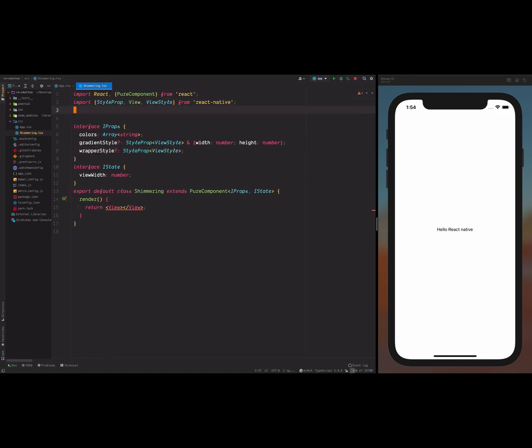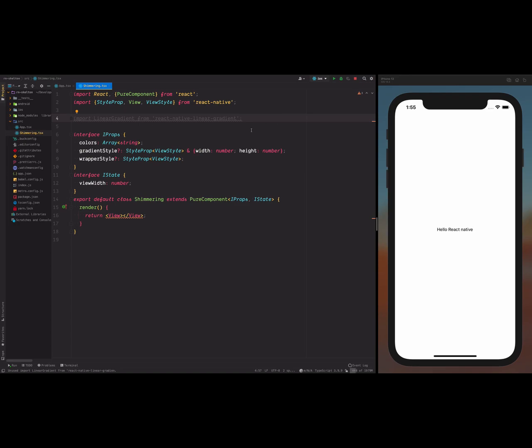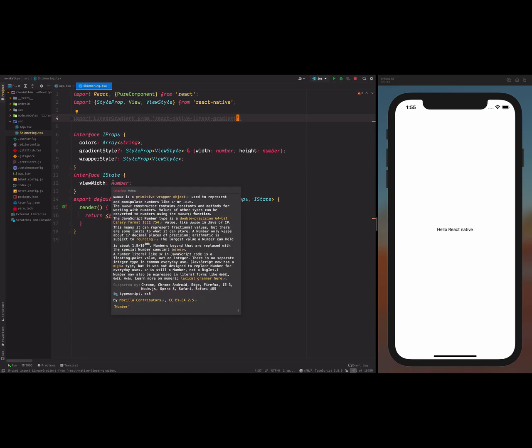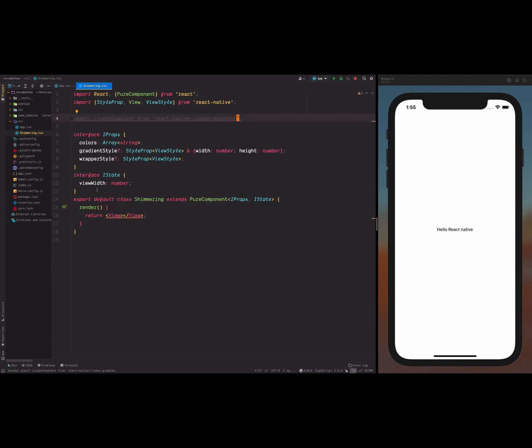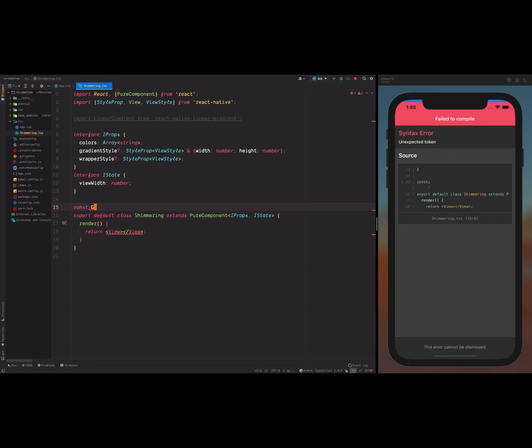Now I'm going to import the linear gradient from here, and in this case we're going to put some constant values before the rendering of the component. Not inside the component, we just put this outside. So we will say constants, and I want to take the